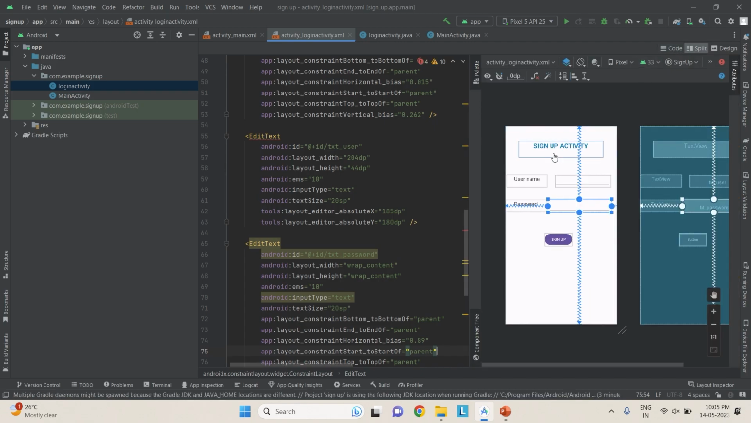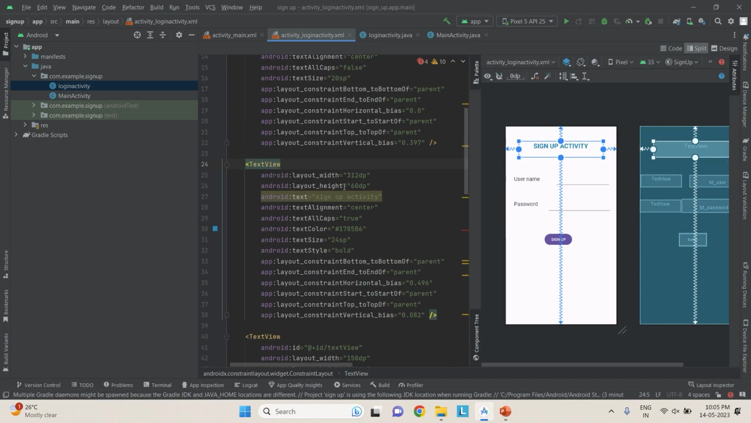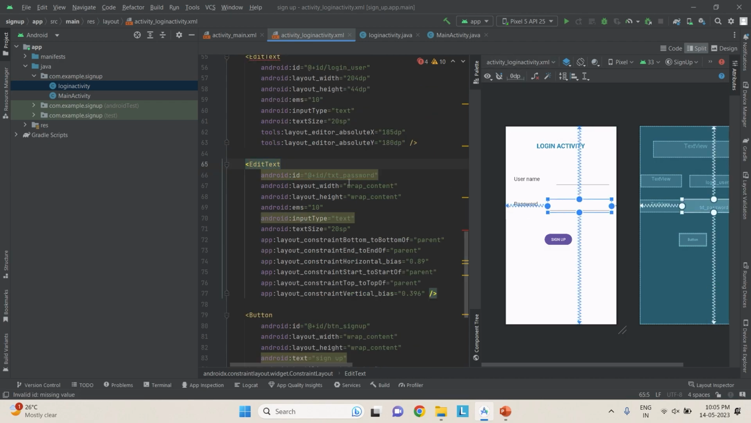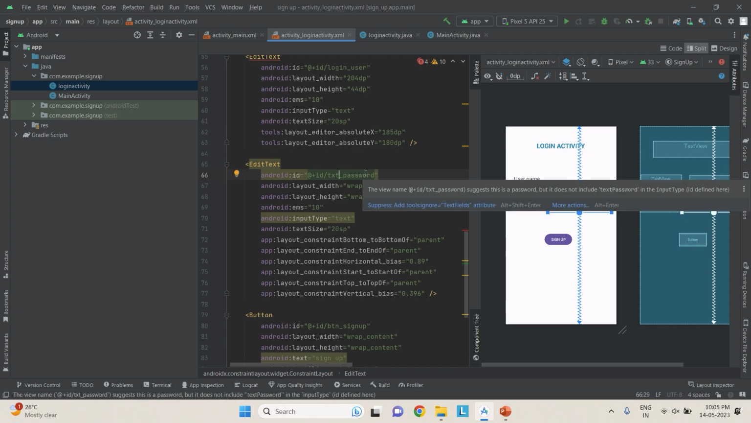When you come to split, you have the same thing here. So I select the sign up activity. Instead of sign up activity, we will change it to login activity. Login activity, and we have same username and password. Remember to change this username of the ID. Instead of txt underscore user, we change this ID to login underscore user, and this also we will change to